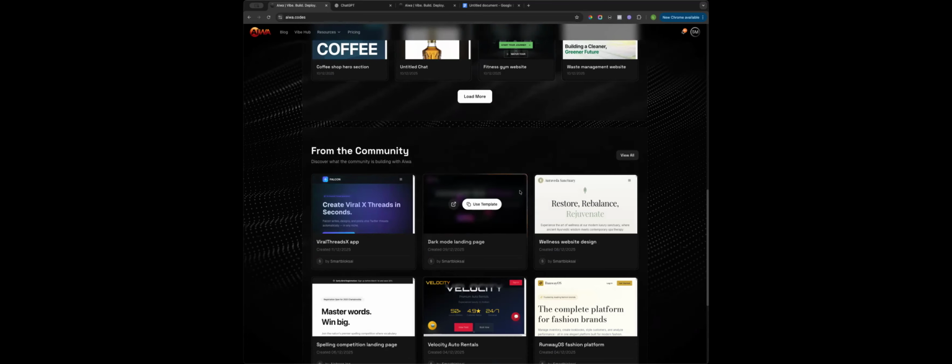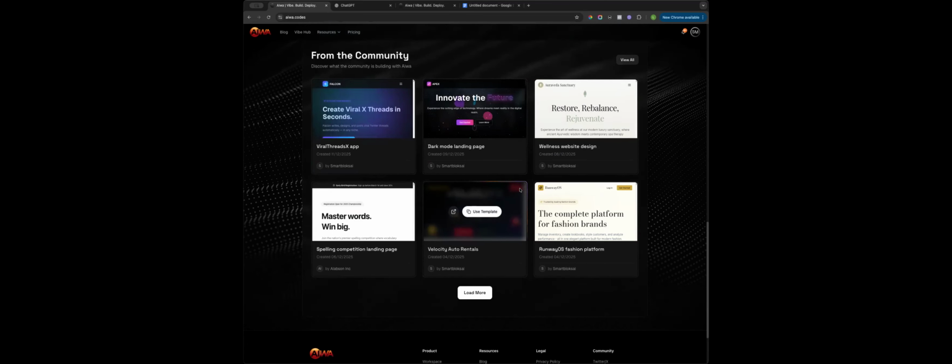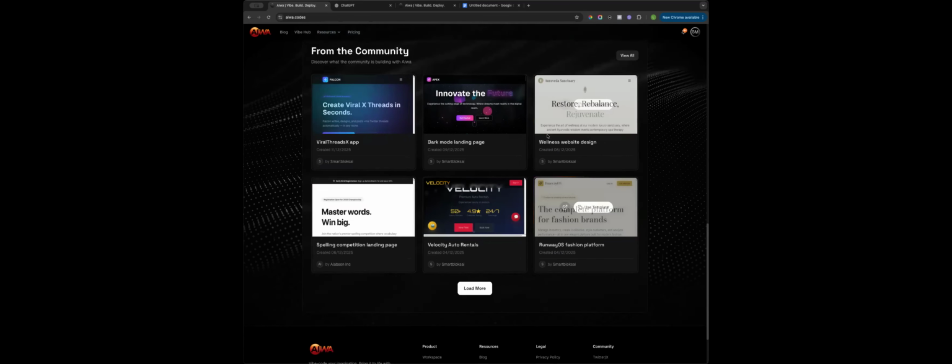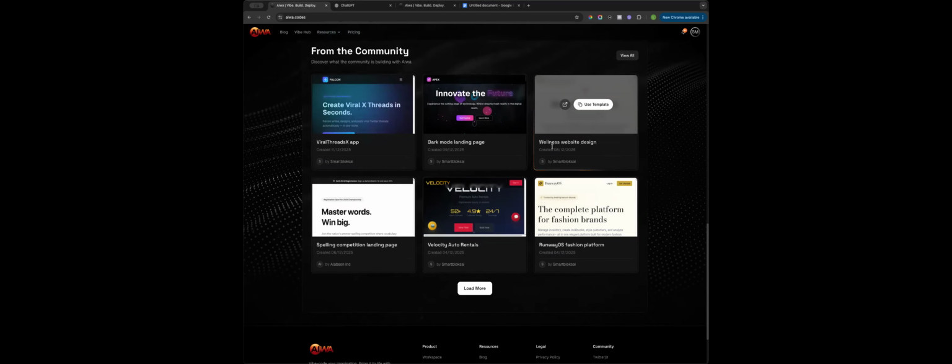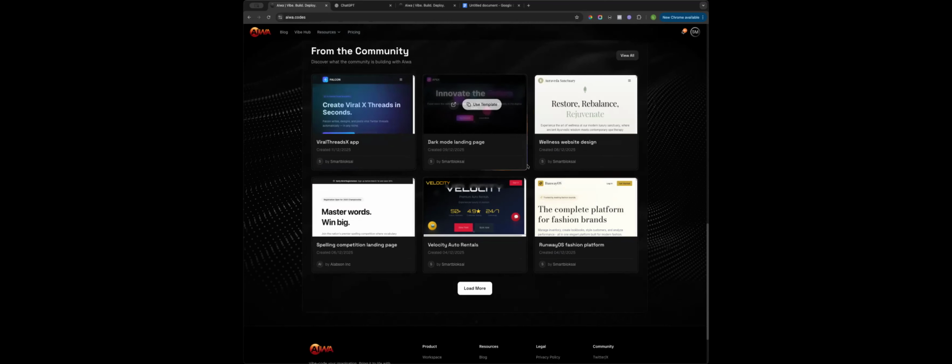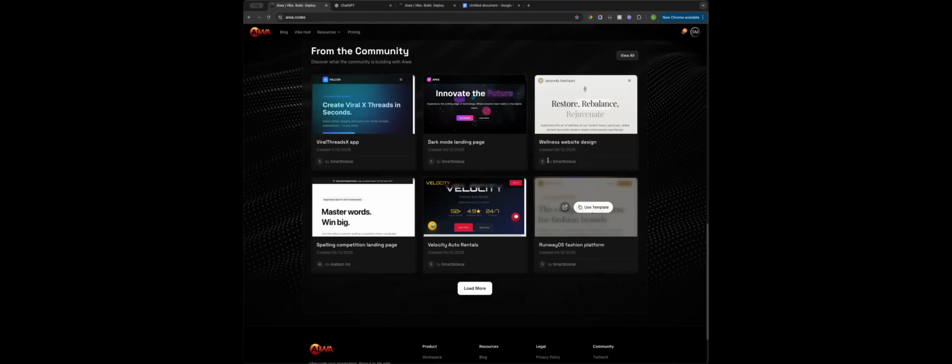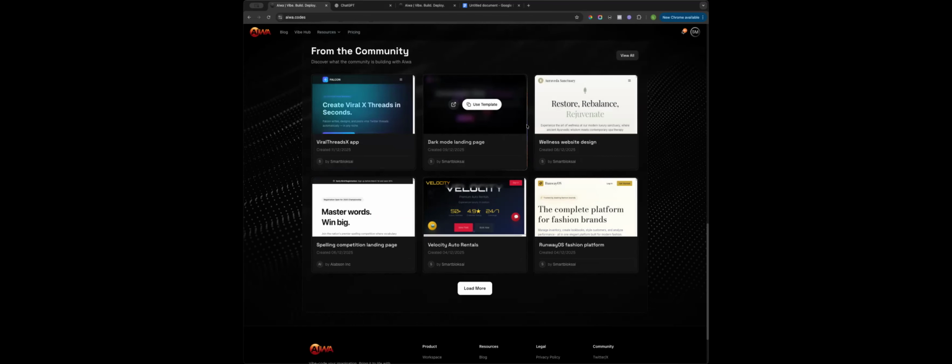Now, if you build a template or if you build a website that you think looks good, you can submit it so that we can showcase it. If it's good enough, we can showcase it to other users. In the long run, the aim is to also add like a paywall. So if there's a template that you put in a lot of time and attention to, and it looks really good,